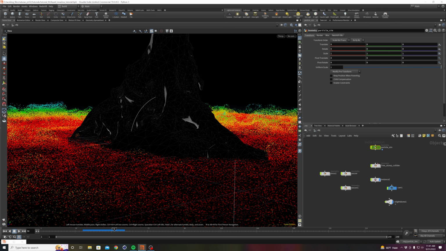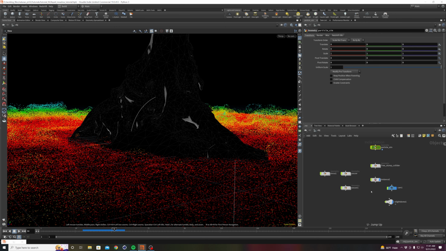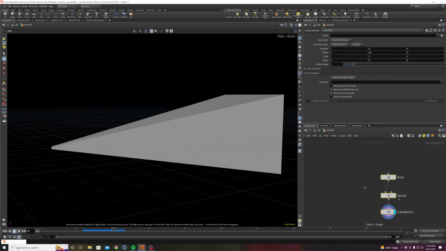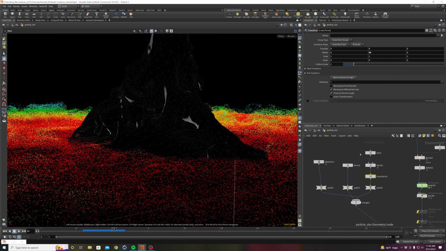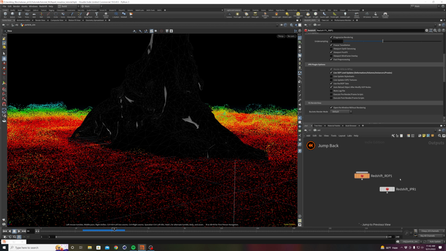Oops, we want the box bend and the transform. And we'll call this one pyramid. Delete the soccer ball, paste those in. Cool. Okay, so what we want to do is we need to now randomize the instance. So right now we've got this instance attribute that's pointing to only the torus. So now, oh damn it,